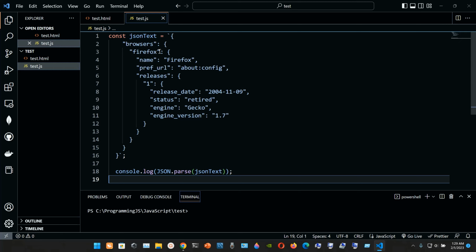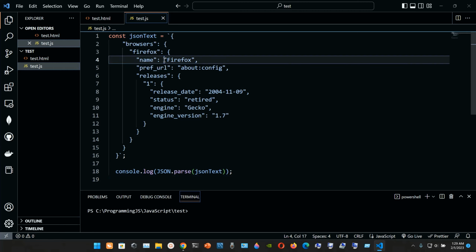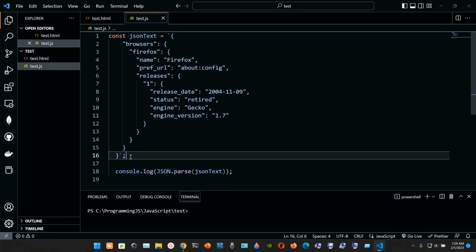Inside of the double quotes we use Firefox, colon, curly braces, and again double quotes name, colon, and in double quotes we put Firefox, and we follow this example until the end. Finally we close all the curly braces, we close the backticks,